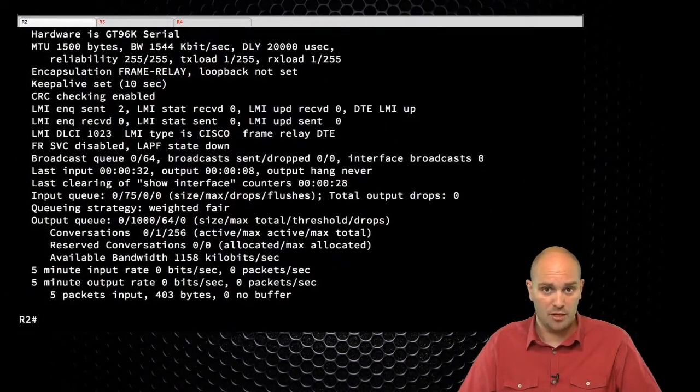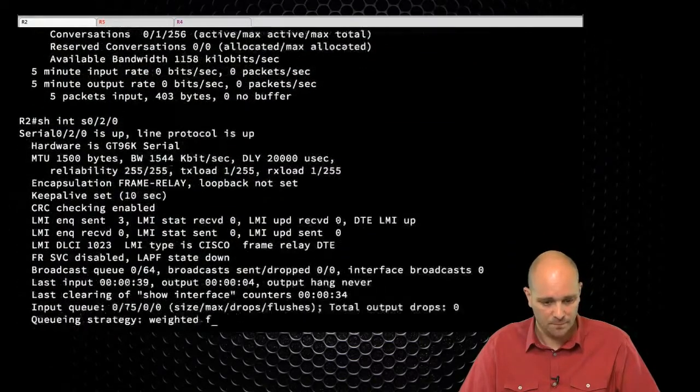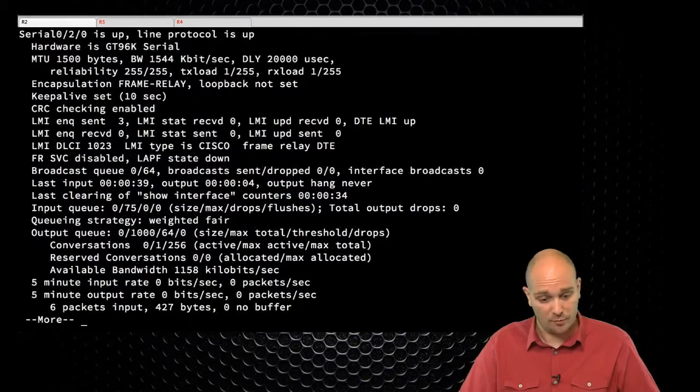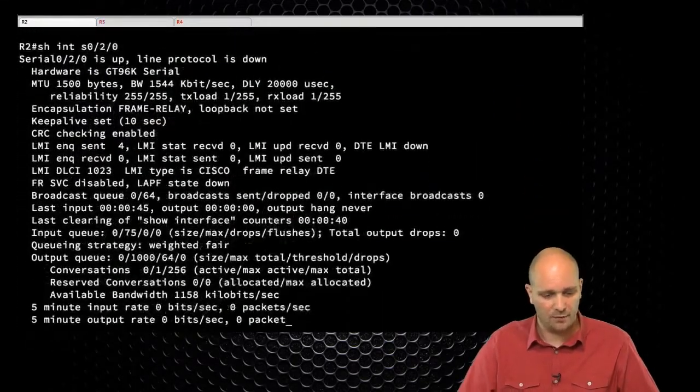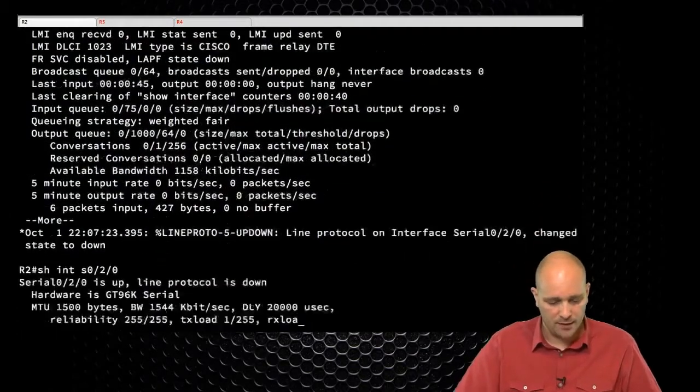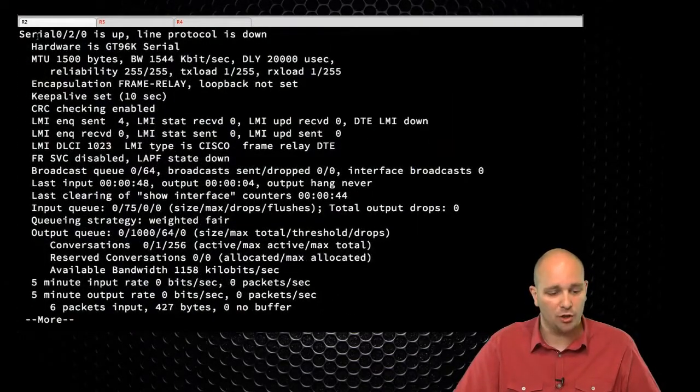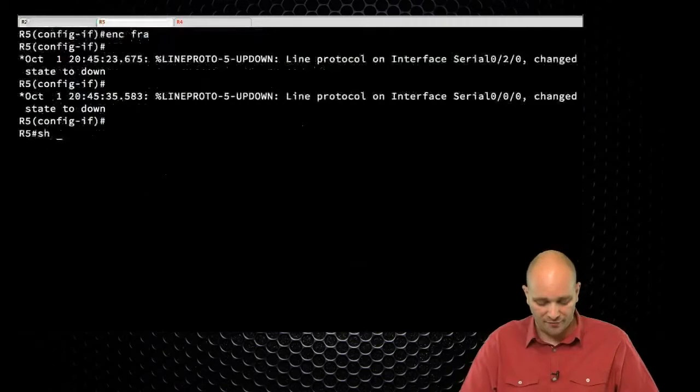And of course, whenever I want to reproduce some failure, that takes much longer than... there we go. Now we can see that on R2, the interface changed state to up and line protocol is down. If I go to R5,